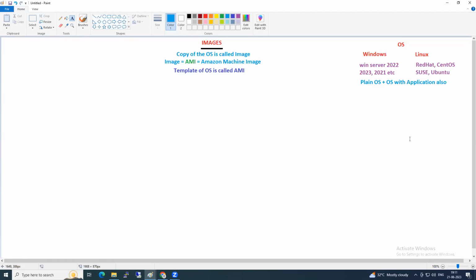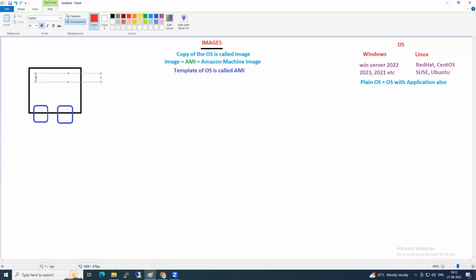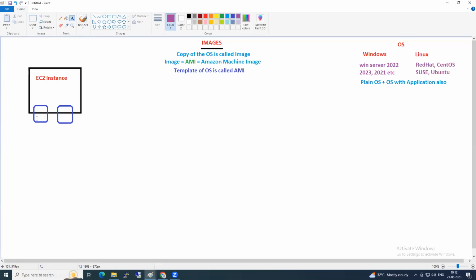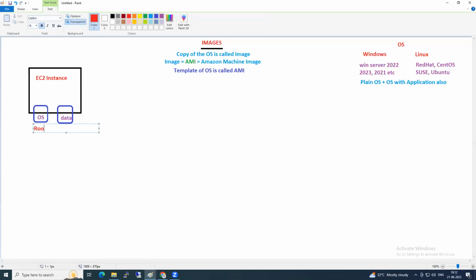Okay. He will have all these different AMIs. Correct. I am correct. Okay. Now let me give a real-time example for you. So this is the EC2 instance, and this EC2 instance contains volumes. Okay. And this is the OS, and this is your data volume. That means this is your root volume, and this is your